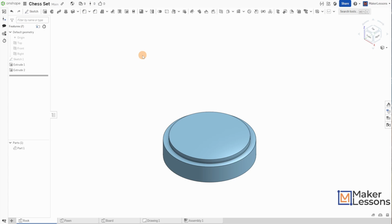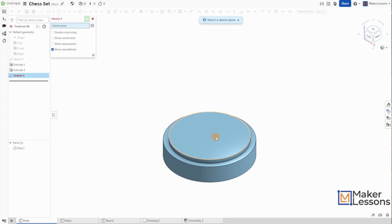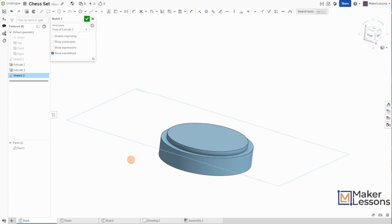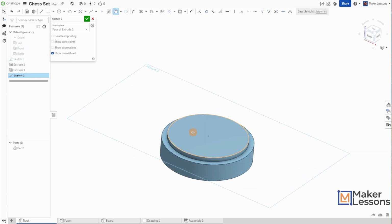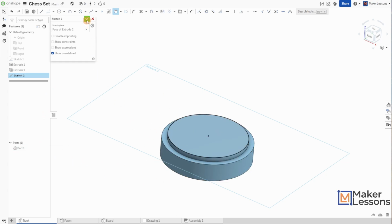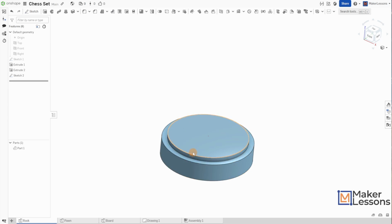And I'm actually going to have that second sketch on a different plane, so I'll show you how to make a new plane as well. But to begin here, I'm going to do a sketch, and you can actually have a sketch on the actual surface of your part, right? So I'm not on one of my standard planes here. I'm on this top of my base here. I'm going to go ahead and use my use button, right? Use button is projecting that surface onto my plane that I'm sketching on, and I'm actually just going to hit check mark. That is the sketch. That's the big bottom of the loft, the first sketch of the loft that I'm going to extrude up or